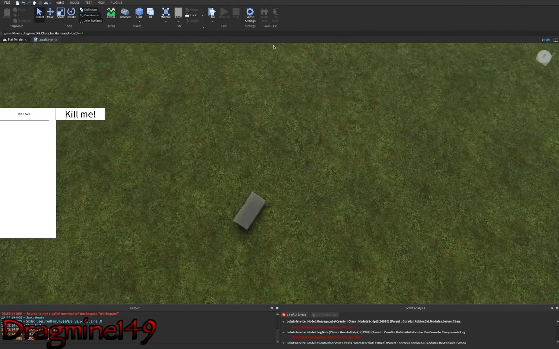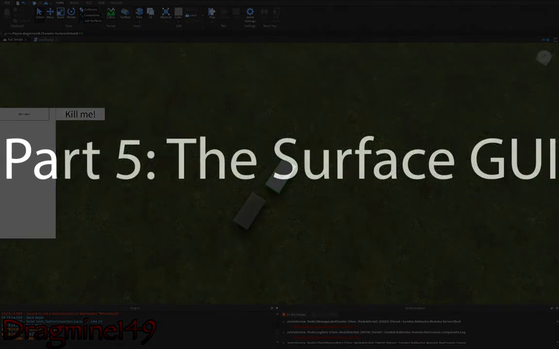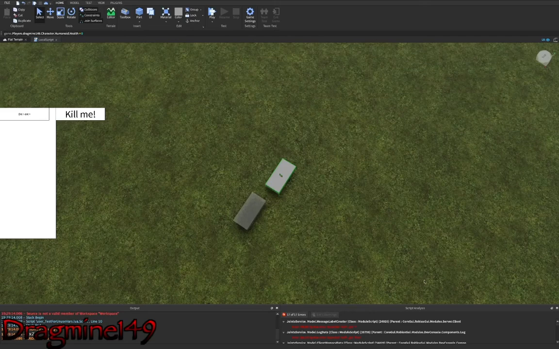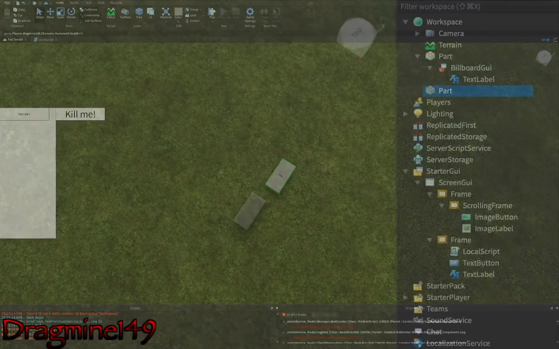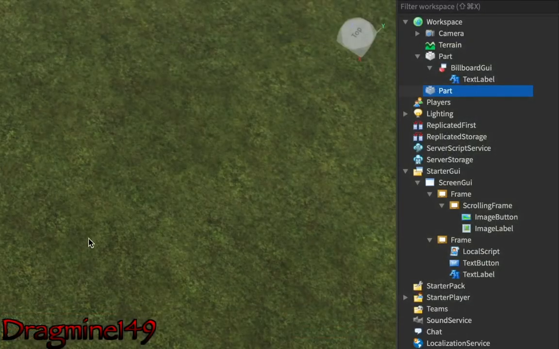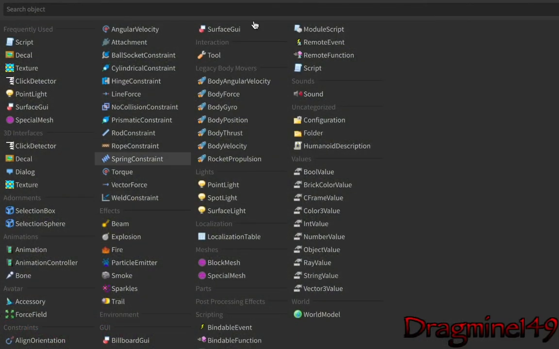Now, the final bit, the surface GUI. So I'm going to make a new part here, and in Explorer, I'm going to go to the part and add a surface GUI up here.